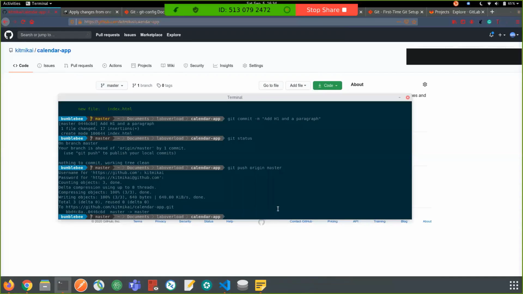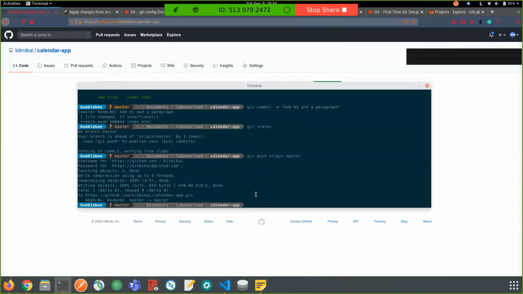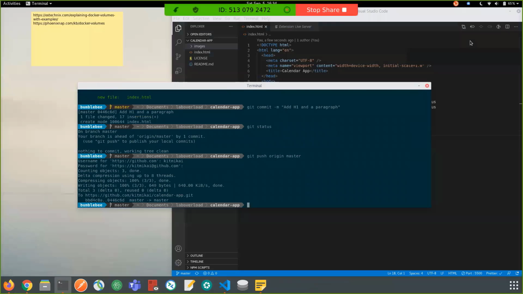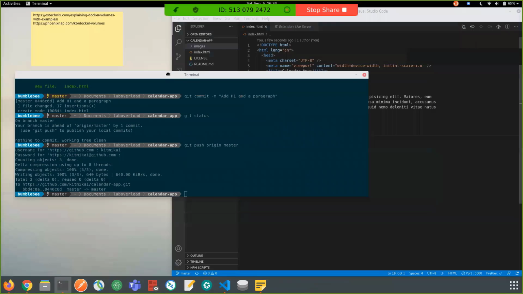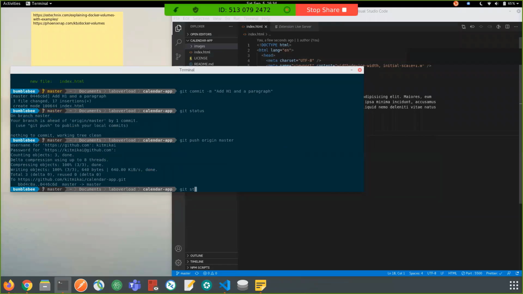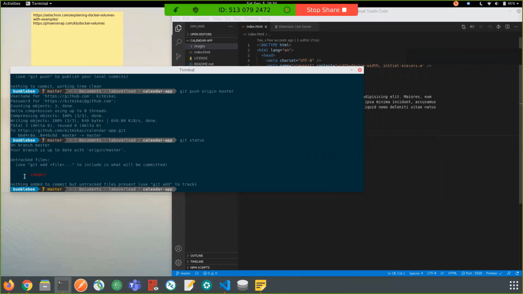Nice. What else is there? So remember, I've just created a new folder. Let's see what Git says. We have a new folder that is untracked, so we want to include it in the repository. So just say git add